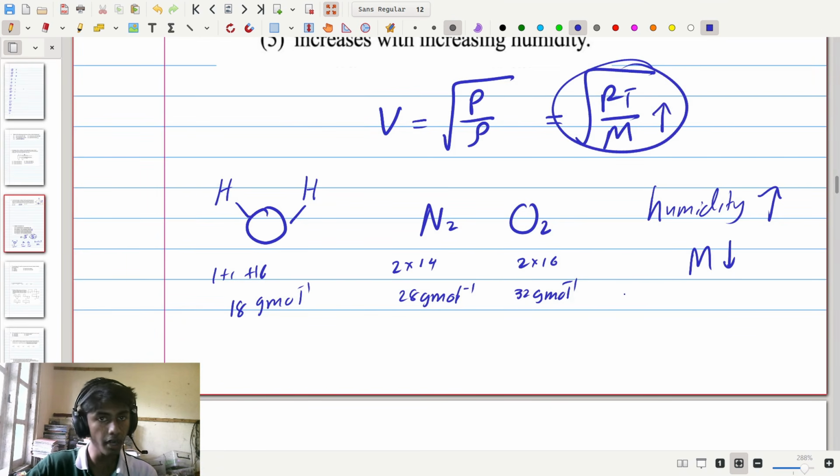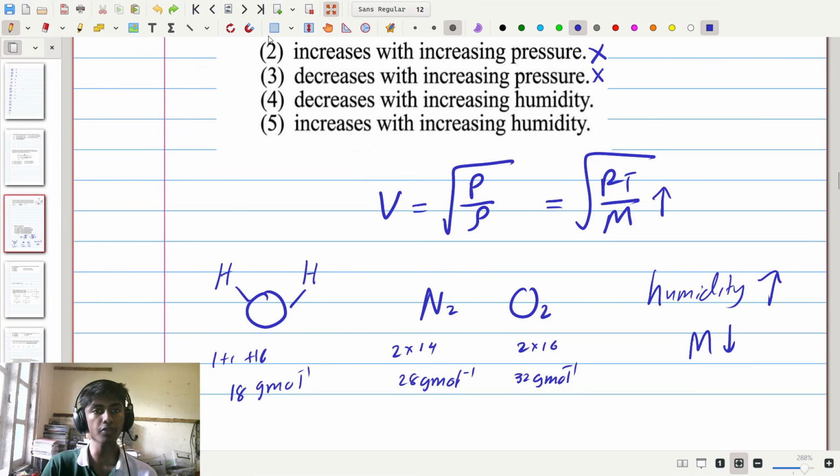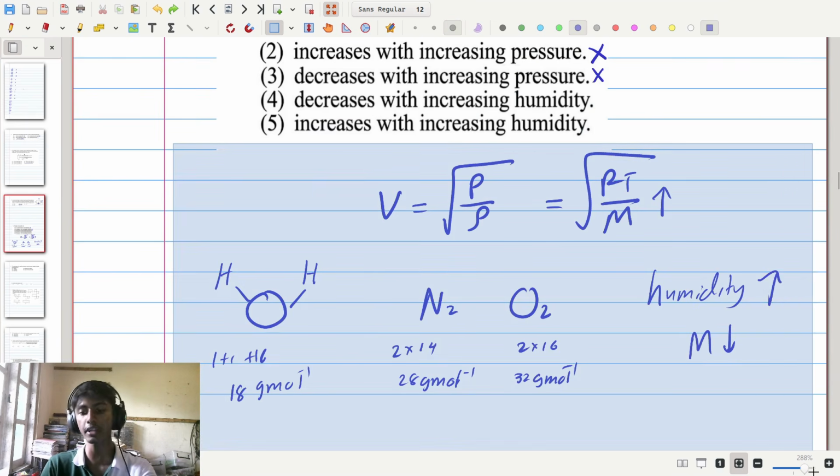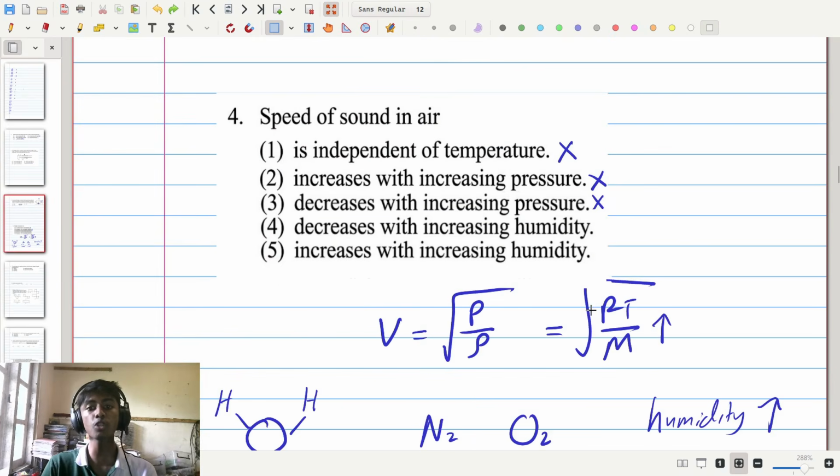If you take the square root of the number, it will still increase. Therefore, if we increase humidity, we'll end up reducing the overall molar mass, and therefore we'll end up increasing the speed of sound in air. So from this we can say answer number 5 is correct, since it says when you increase humidity,